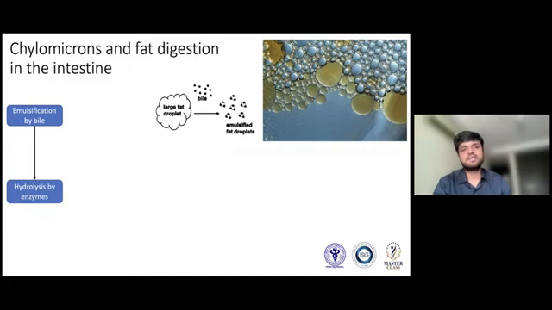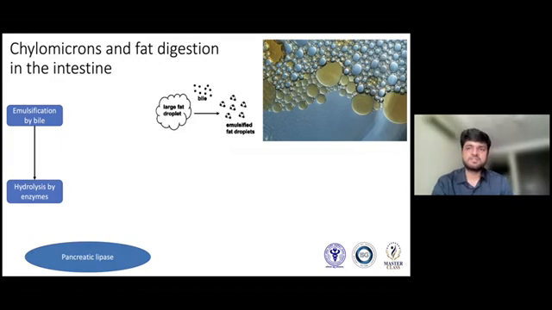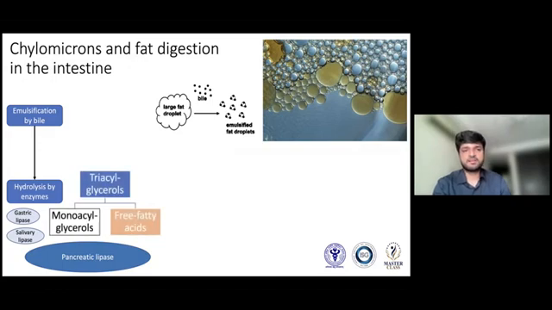Then they are hydrolyzed by enzymes. The most important enzyme here is pancreatic lipase, but in case pancreatic lipase is not available, in patients such as those with chronic pancreatitis, other lipases take over, such as gastric lipase and salivary lipase in different capacity. Again, we do not know very much about the proportion of contribution of these individual lipases, but they mainly break down three basic